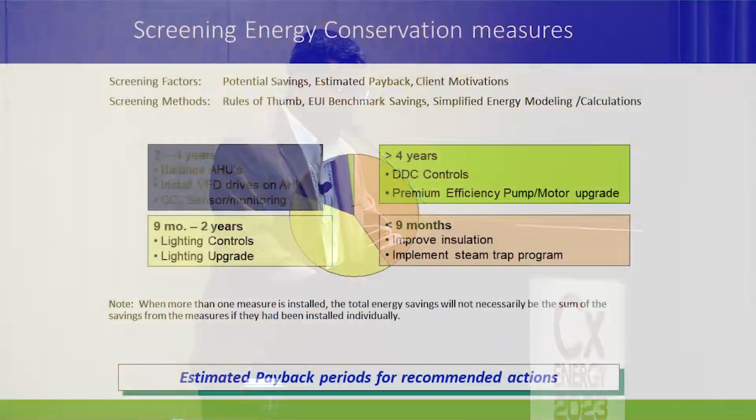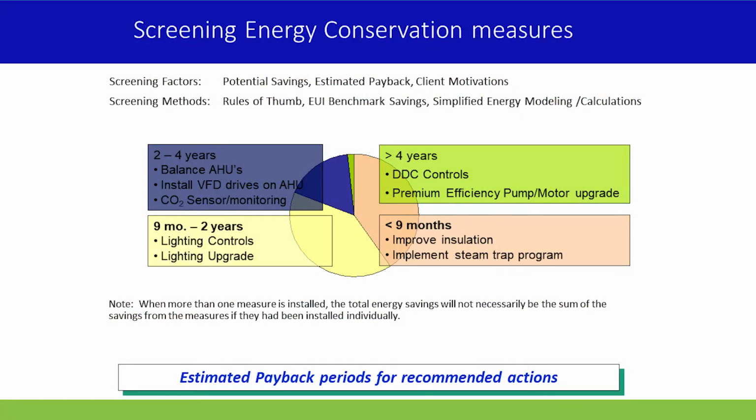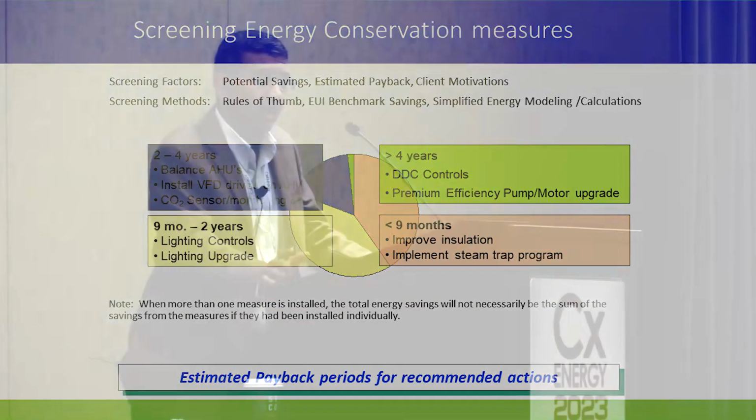So in order to do this, we need to categorize them either by potential savings, estimated payback, or client motivation. So we take a look at what it is that the client wants, and what the factors are. Some of them could be lighting control, some of them could be no cost,